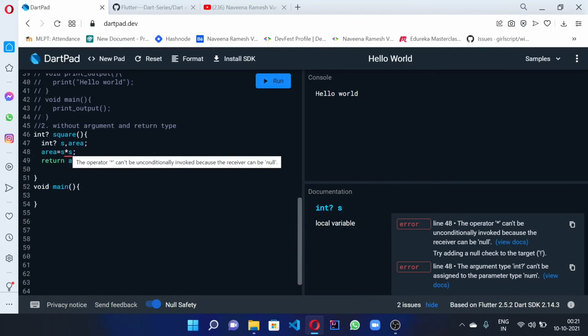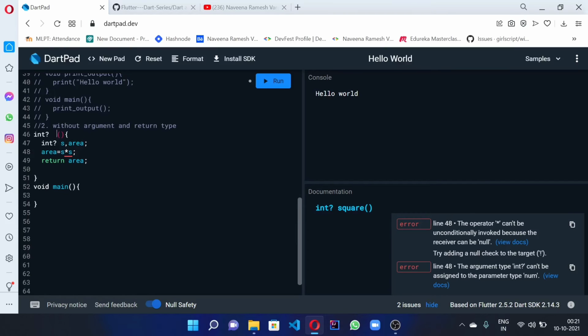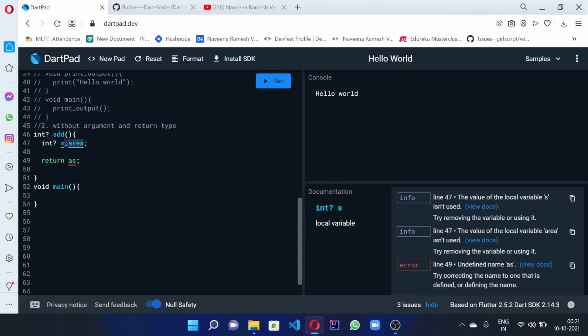Okay, why this error? Okay, then we'll give it as add, no worries. Or else we'll just return s alone instead of doing such big code.